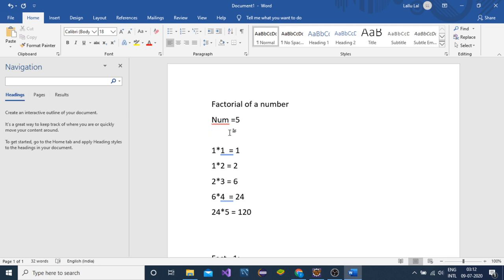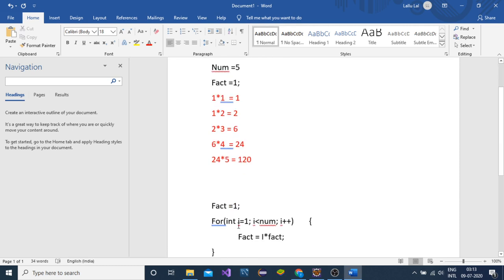In our case, I am going to apply the for loop, initializing I by 1, and factorial I am also initializing by 1. Initially factorial is 1, and I run my loop.